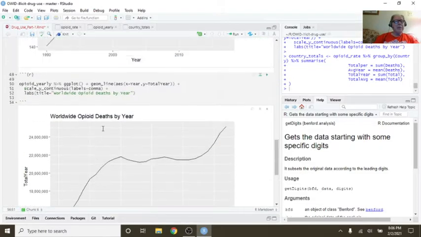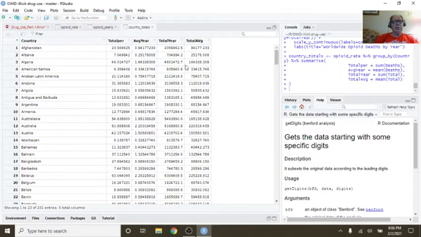So let's come back up here. Country totals.